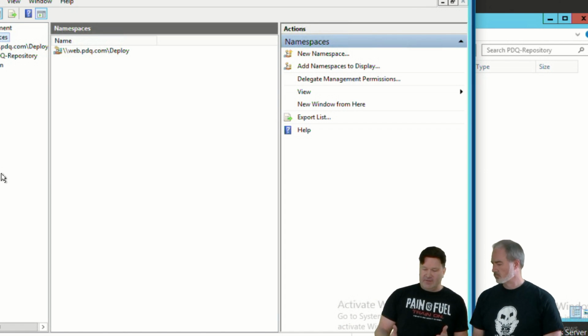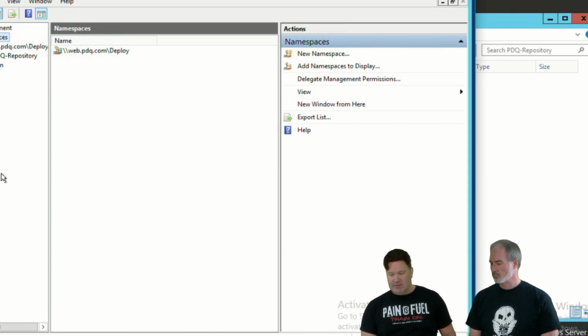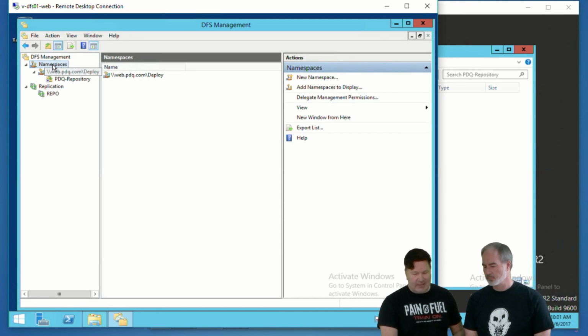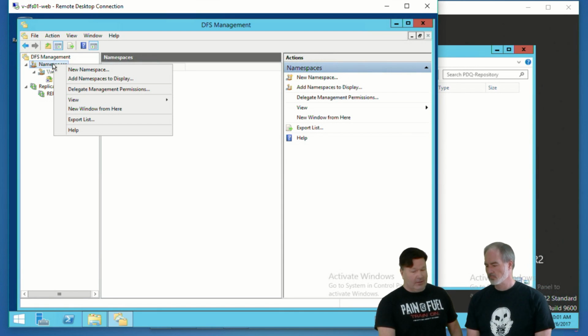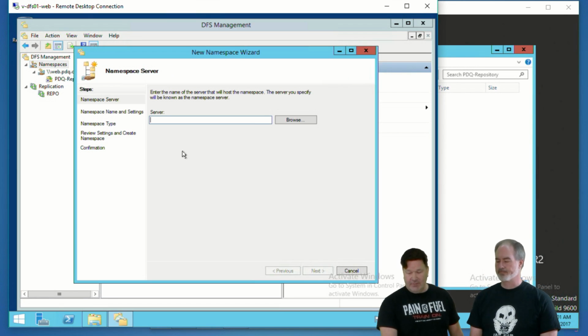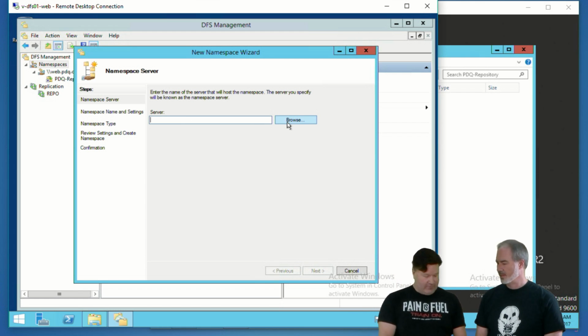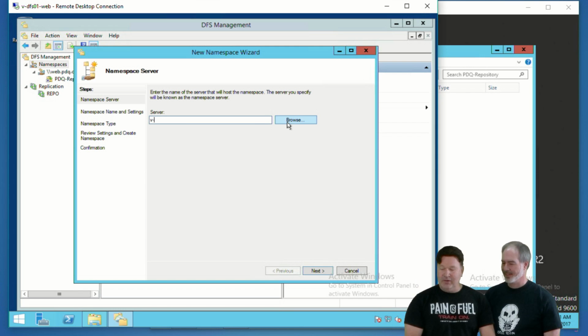Okay, so at this point, you've got it installed. We fired up the DFS management, and what you need to do at this point is make some namespaces. We've already done this, so I'm just going to walk you through. You would right-click under namespace, do a new namespace, server, and since I know where the server name is,